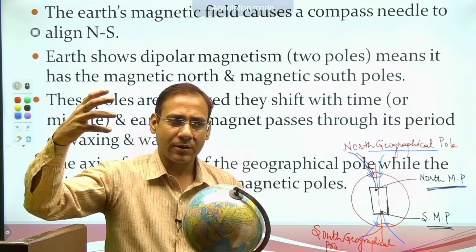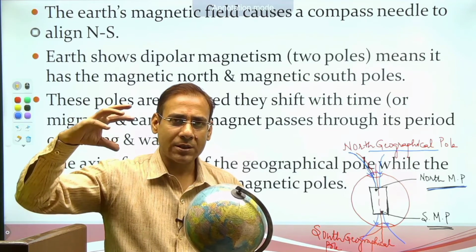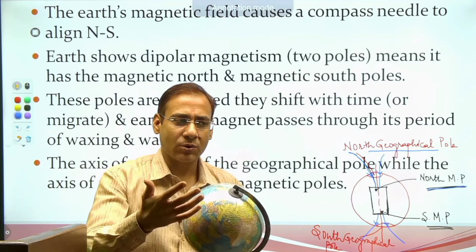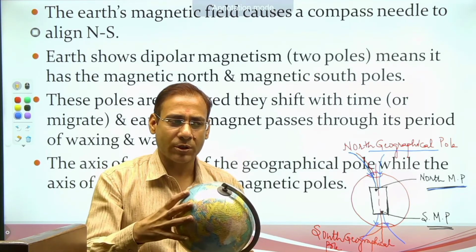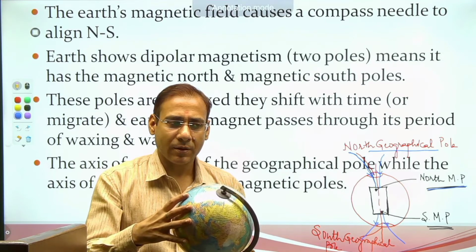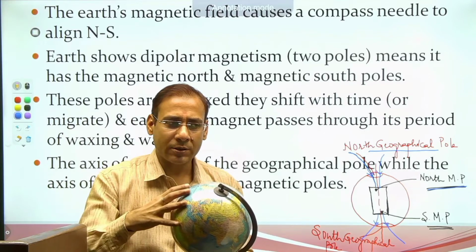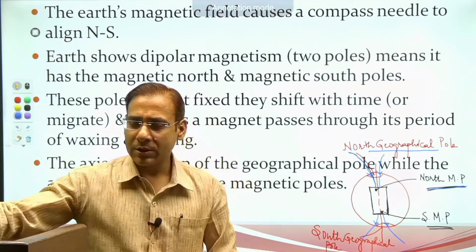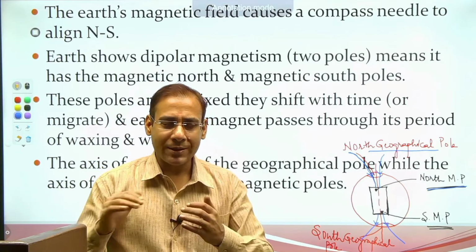सो व्हाट हैपन, सन का भी वैक्सिंग स्टेज आता है, सन के पावर भी बढ़ते हैं और सन के पावर रिड्यूस होते हैं। व्हेन द सन वैक्सिंग फेज इज गोइंग ऑन, द अर्थ वैनिंग फेज इज गोइंग ऑन। अर्थ की जो मैग्नेटिक प्रॉपर्टी है वो वीक हो जाती है, और जब सन का वैनिंग स्टेज आता है तो अर्थ का वैक्सिंग स्टेज आता है। अर्थ की जो मैग्नेटिक प्रॉपर्टीज़ है वो स्ट्रांग हो जाती है।